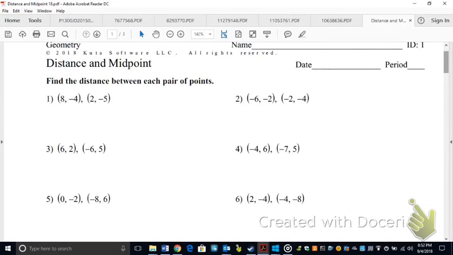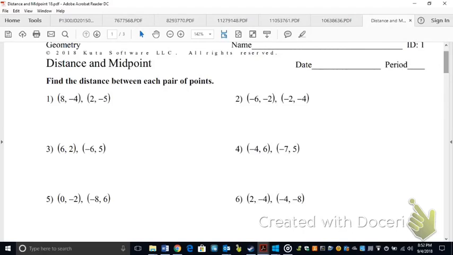Alright, my little geometry chickadees, here we go. This is the distance and midpoint worksheet. There are basically three different types of problems in this. We're going to break each one down, show you how each one's done, give you the formula for each one,